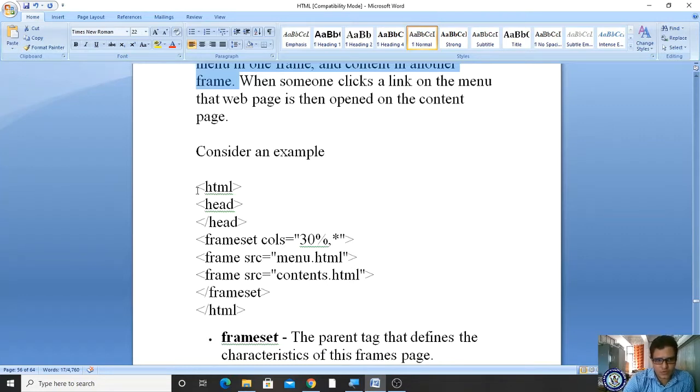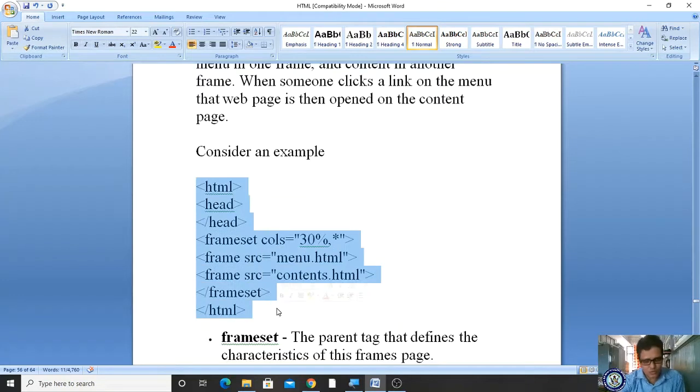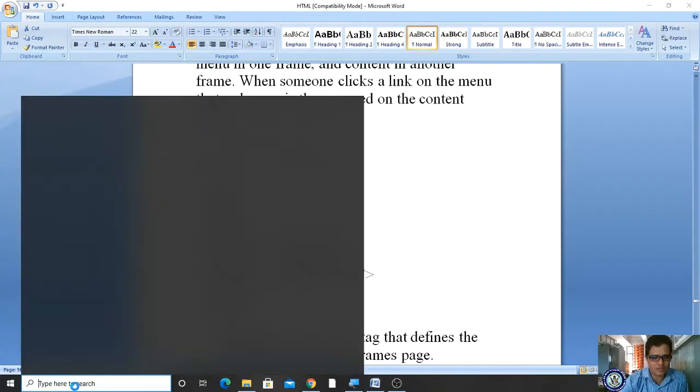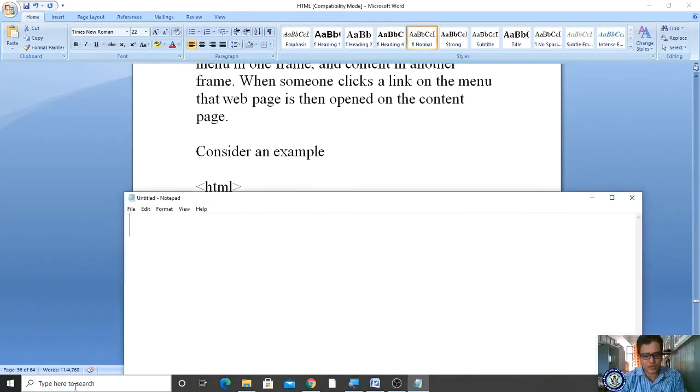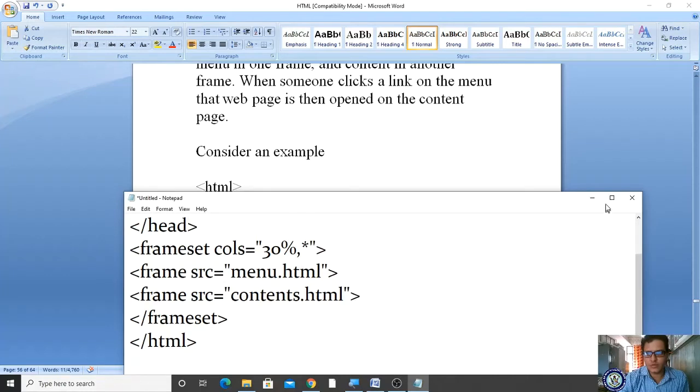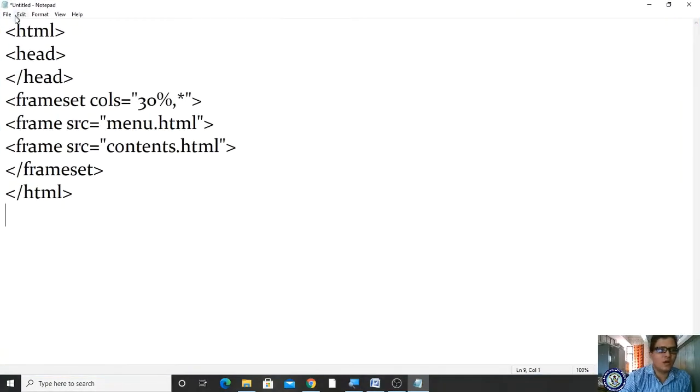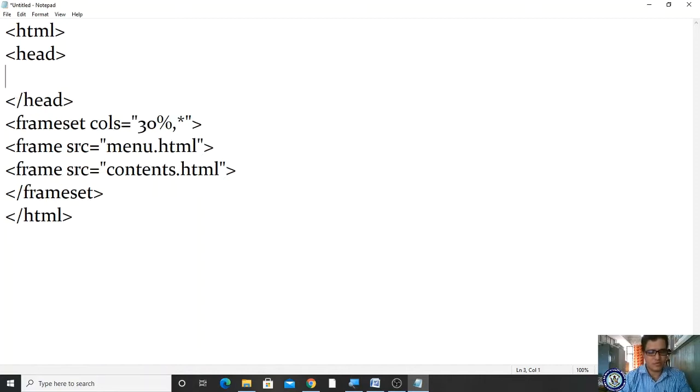For this I'm copying this code and I will modify it a little, and while modifying I will explain the contents. I'm taking Notepad and pasting here. Please observe carefully. This is the HTML. It consists of a head, which we have closed, and I'm giving the title. It is always better to call it frameset.